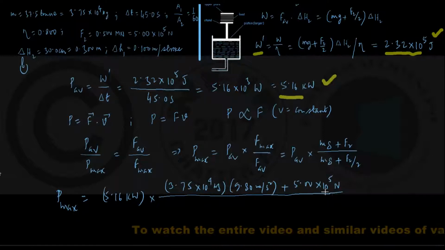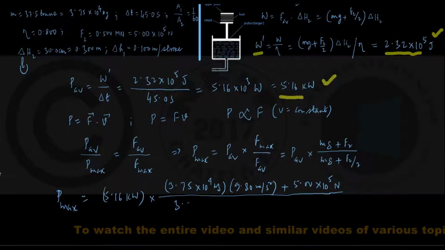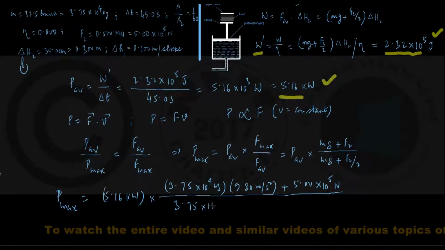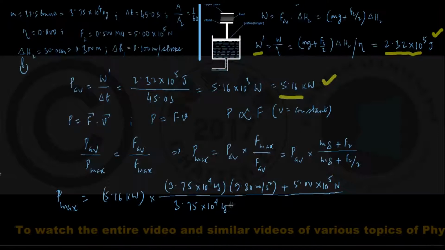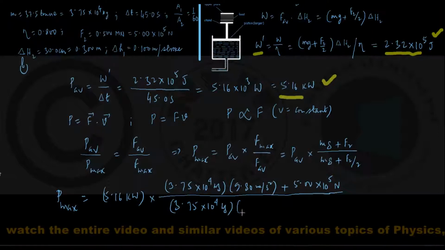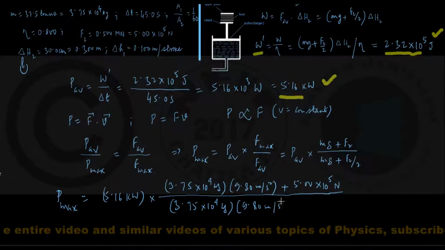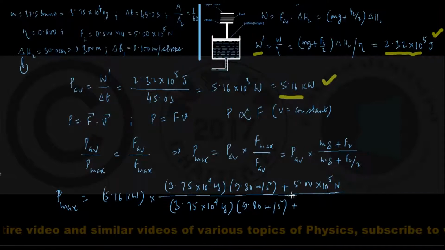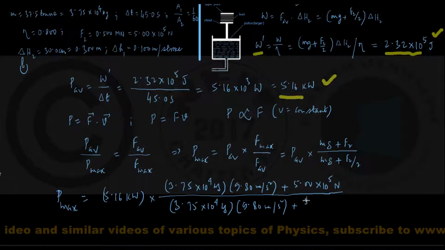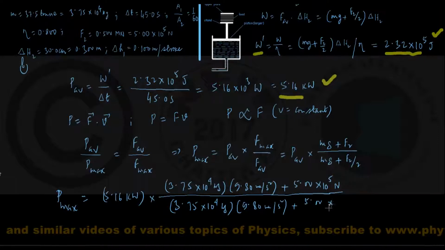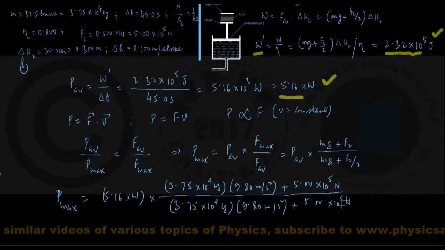That was the numerator. Come to the denominator, this is 3.75 into 10 to the power 4 kg into 9.80 meter per second square plus F2 by 2, which is 5.00 into 10 to the power 5 Newton,